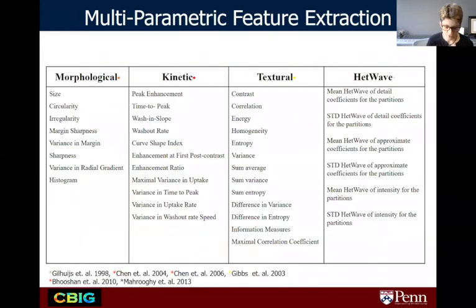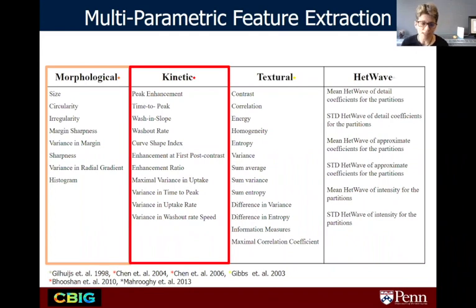What type of features can we extract from images? Well, you probably know this as much as I do. There are all kinds of different packages out there to do that, and there can be all kinds of different categories of features that can be extracted, hundreds, thousands of them, depending how you extract them and with what parameters. But broadly, one would say there are features that we can use to extract morphological characteristics such as size, circularity, regularity, sharpness of the margins, and so forth. From imaging modalities that also have a contrast agent, we can extract kinetic features, including, as I mentioned, peak enhancement, time to peak, washin slope, washout rate, and so forth.